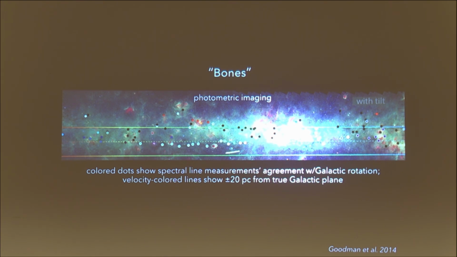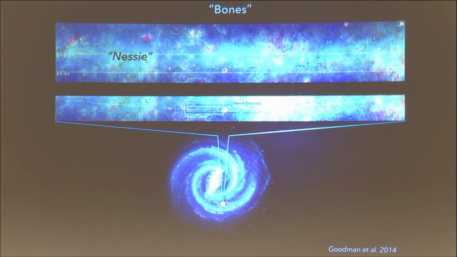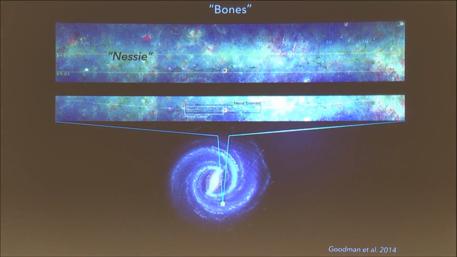And you'll notice that the velocities only match for the actual feature down here, and these black dots are velocities that are way off, so they're things that are at very different distances in the galaxy. So let me show you, hopefully on the projector you'll be able to see. Can you see this? If you follow my laser pointer, you see this black line going all the way.